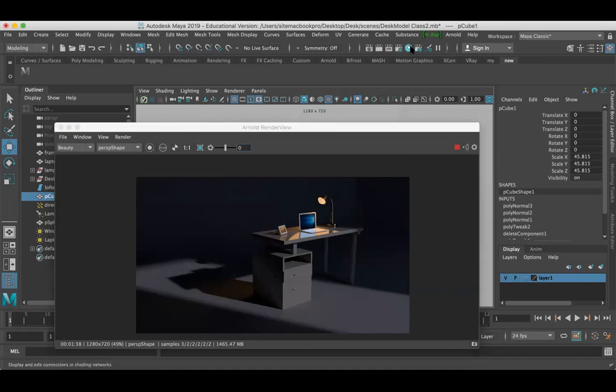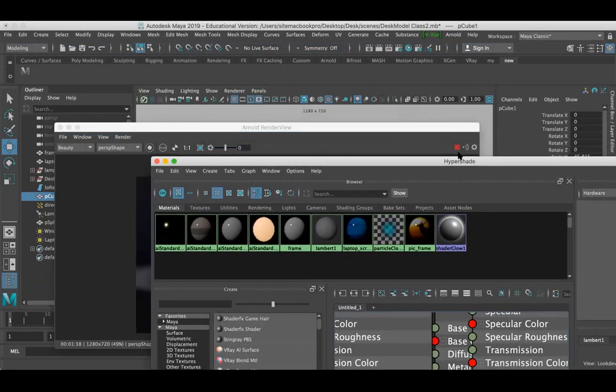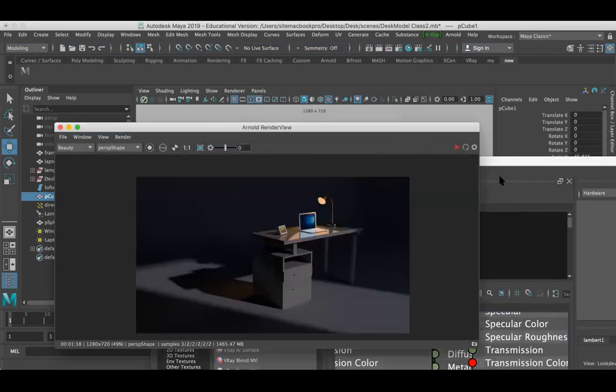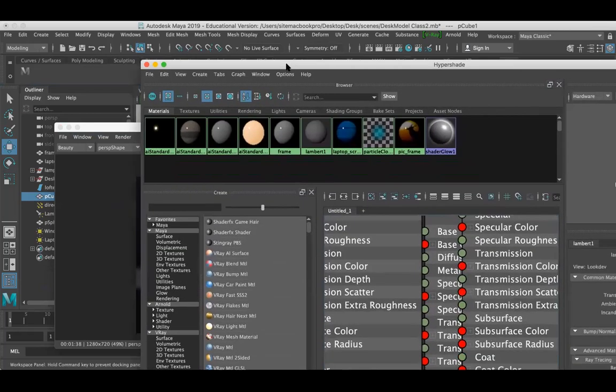In the material, I'll stop the render, you can see there is a Maya, there is an Arnold, and there is a V-Ray. Each and every renderer has different materials. Maya render only understands these materials. Arnold render only understands these materials or shaders.